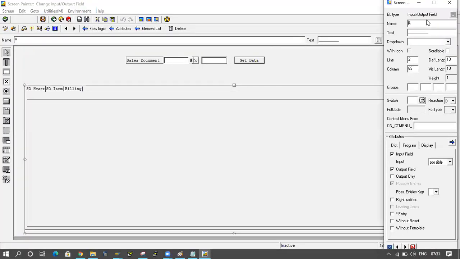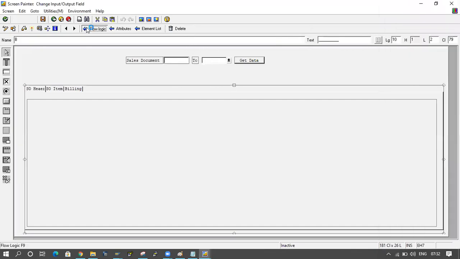The input field name is A. Previously LV_VBELN was there, which was a single value. But now I am taking from and to, so ranges I am taking. That's why I am renaming this to A, and the second one is B. A to B, I mean 4969 to 4975, like that. I'm giving a range here. So I have to rename this one and add one more input field.